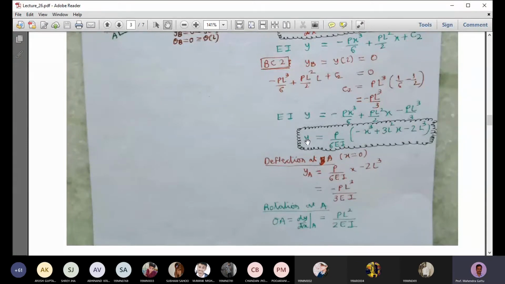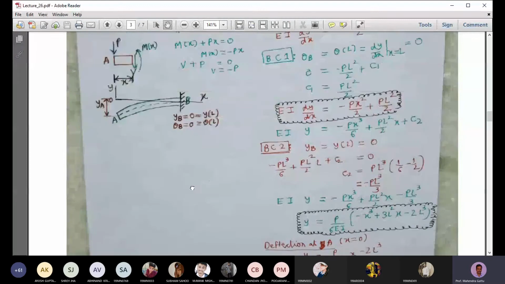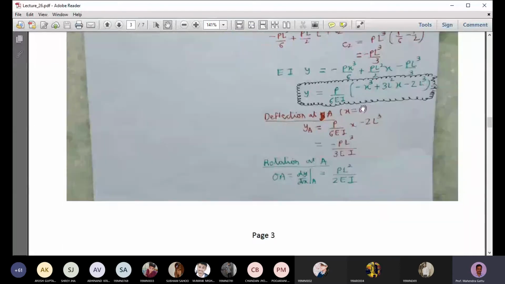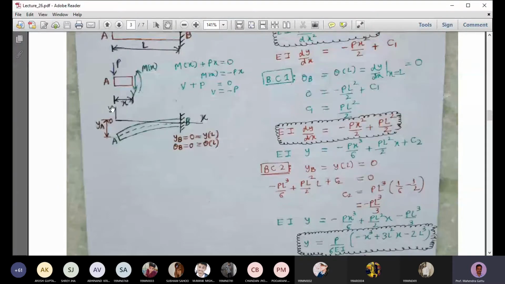And we can find the deflection at A, the free end. So what will be the deflection here? We'll have to substitute x is equal to 0, and we can also find the rotation which is happening here, so instead of y we have to find theta of 0. If we substitute x is equal to 0, the first two terms will vanish and we'll get minus 2PL³/6EI. So it will be PL³/3EI, and the minus sign indicates that the deflection is in the downward direction, since the y-axis is in the positive upward direction.